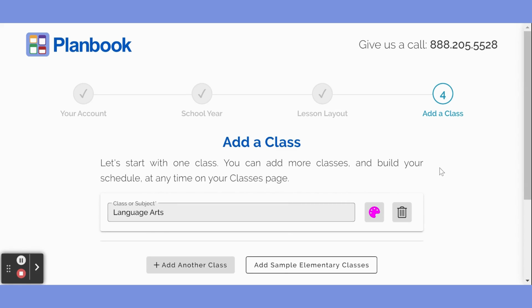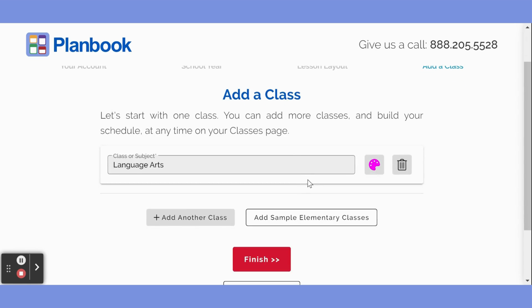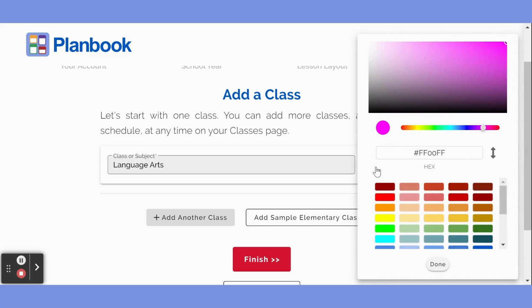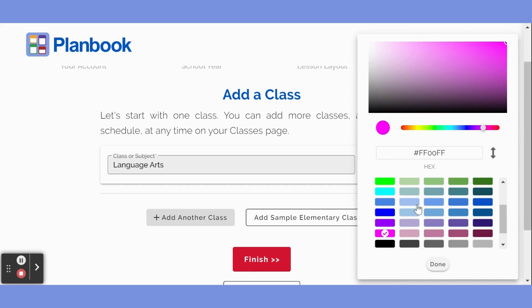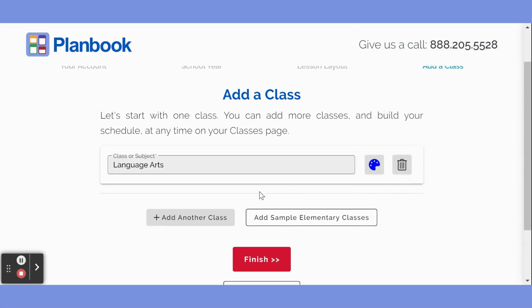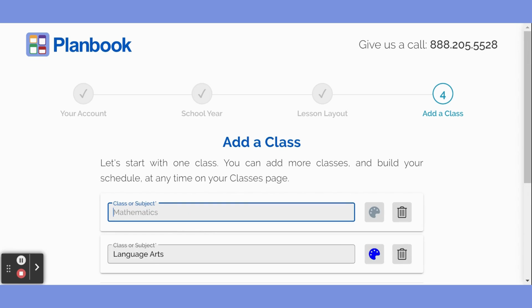From here, we will be prompted to add a class. You can change the class or subject name in the class or subject field, and change the color of the class or subject by selecting the paint palette. To add your next class, select Add Another Class. Once again, you will name your class, select a color for that class,